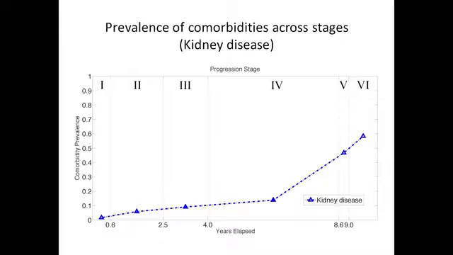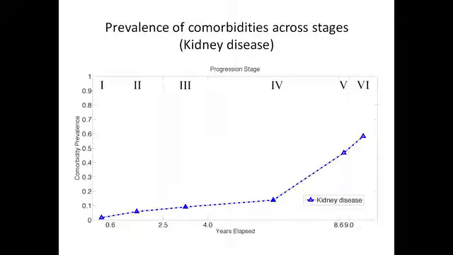Here we've thrown away those O's, those diagnosis codes altogether, and we only care about what we conjecture is truly happening to the patient, those X variables, which are unobserved during training. So what we conjecture is that kidney disease is very uncommon in stage 1 of the disease and increases slowly as you transition from stage 2 to stage 3 to stage 4 of the disease, and then really bumps up towards stage 5 and stage 6 of the disease. So you should read this as saying that in stage 6 of the disease, over 60% of